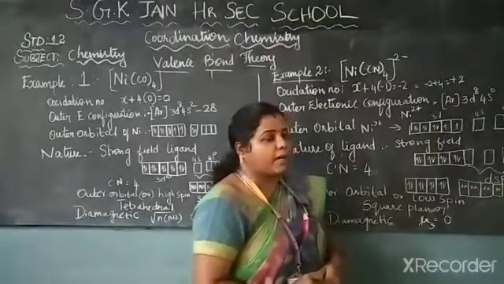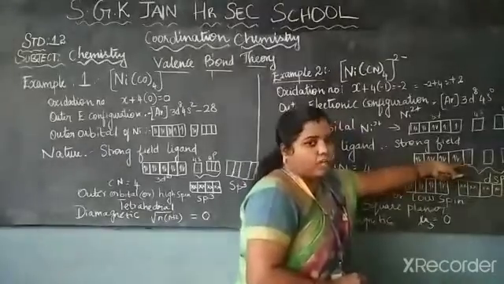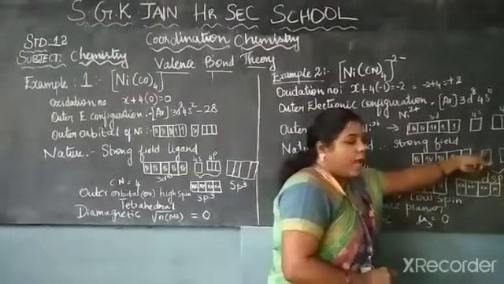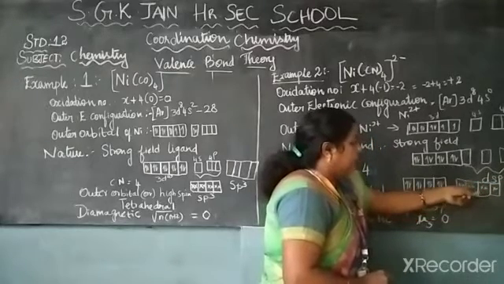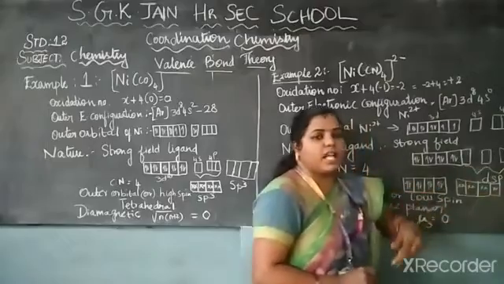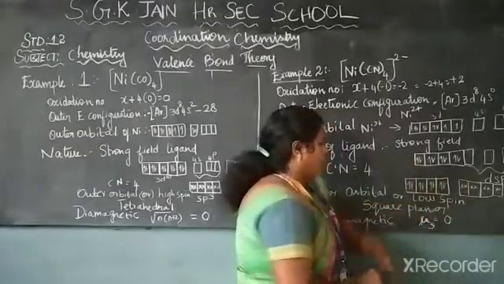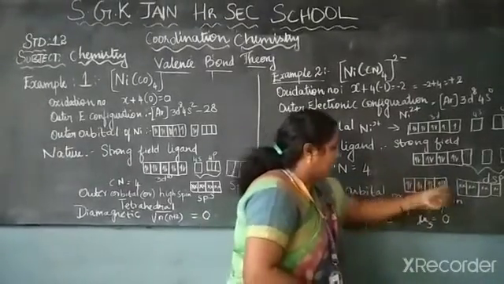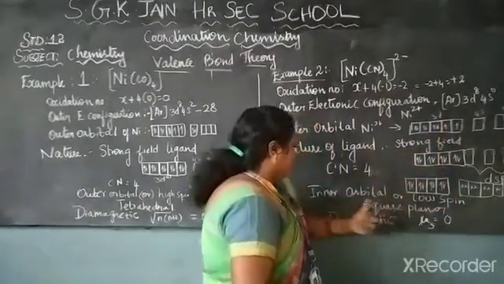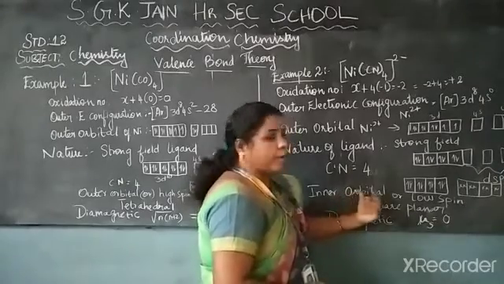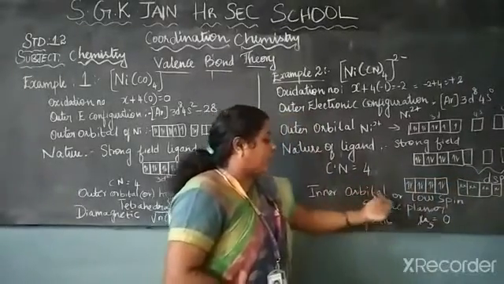The next step is the hybridization. How many ligands are there? 4 ligands. So one d orbital, a vacant orbital, then one s and two p are taken. So it is dsp2, the hybridization for Ni(CN)4. To show the difference, I put a cross mark; these electrons are donated from the ligands. Here it is taken as an inner orbital because it uses the d orbital. That is why it is called an inner orbital or low spin complex.